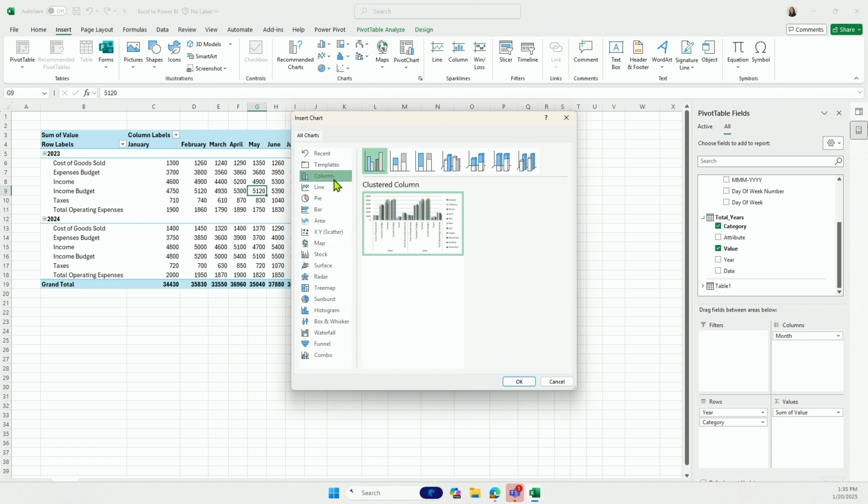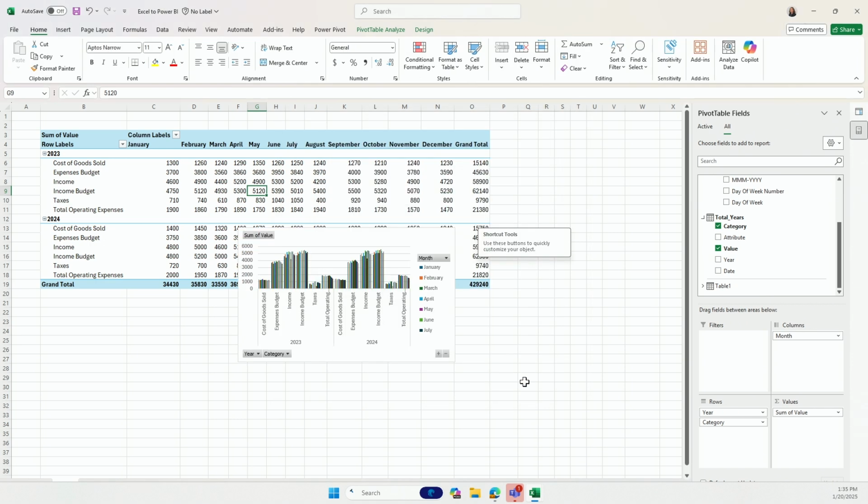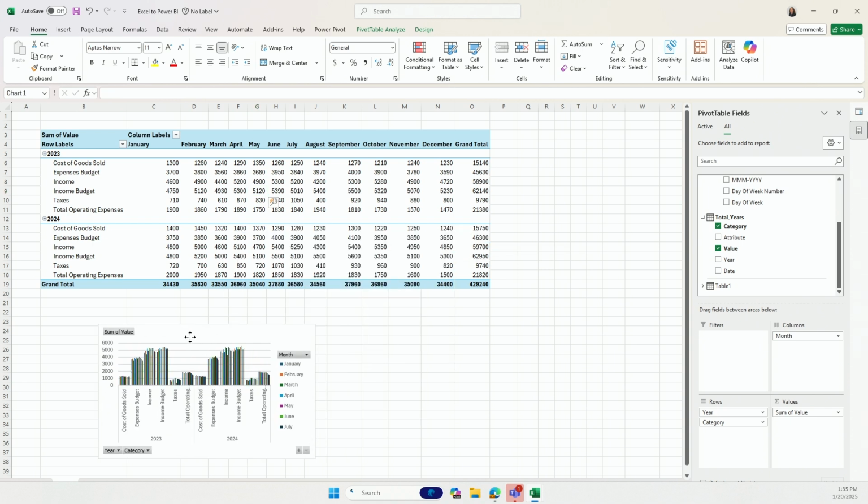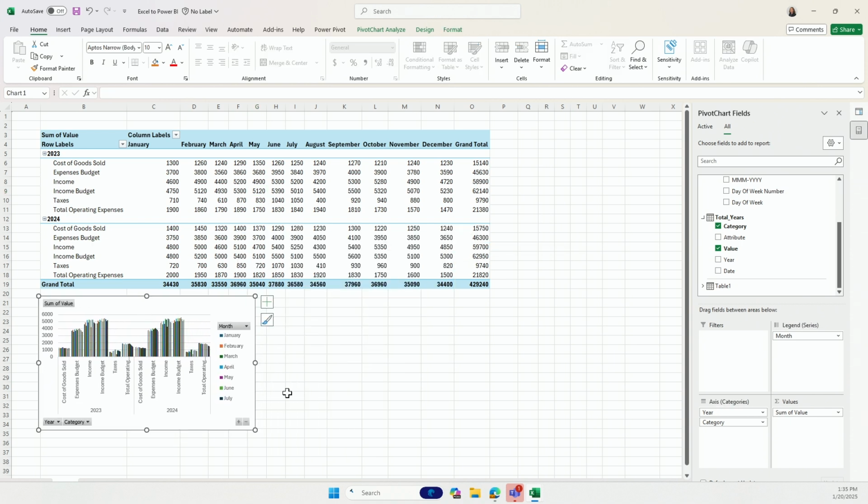I'm just going to stick with that very first one, that clustered column chart, because I want to show you how we can modify that because right now it does look a little bit busy. So let's go ahead and hit OK. And you can move that around your visual. You can also copy this, put this on a separate sheet. So if you want to have just a dashboard here in Excel of all your visuals, you can do that